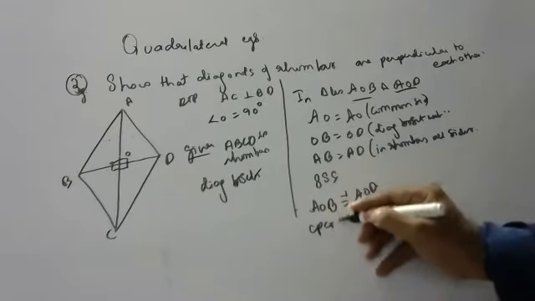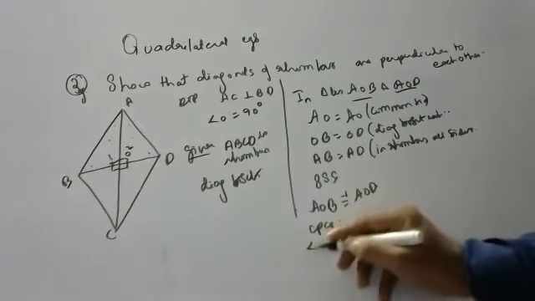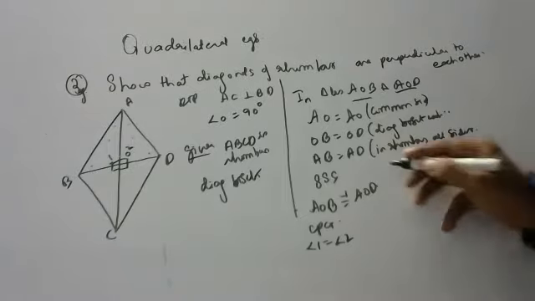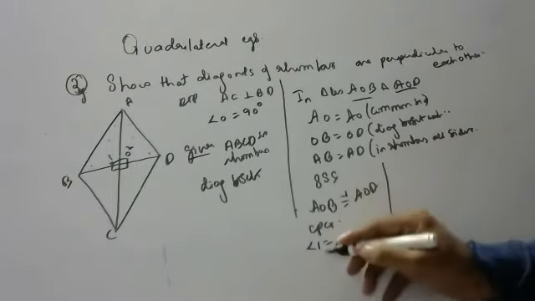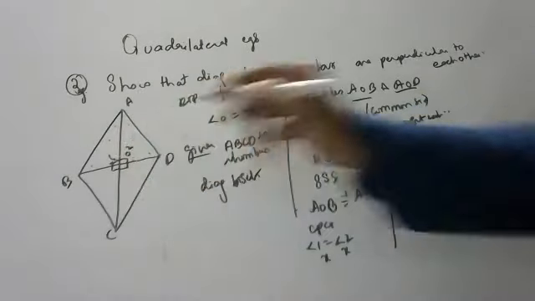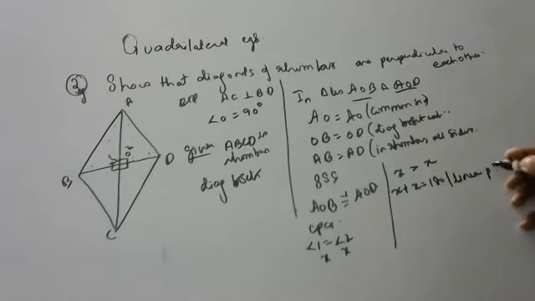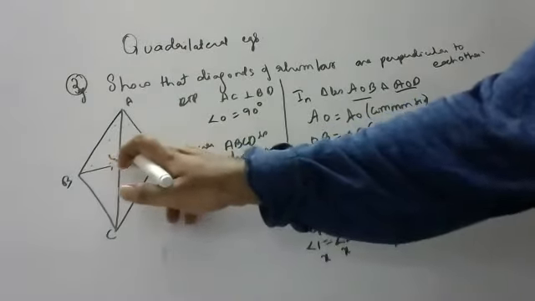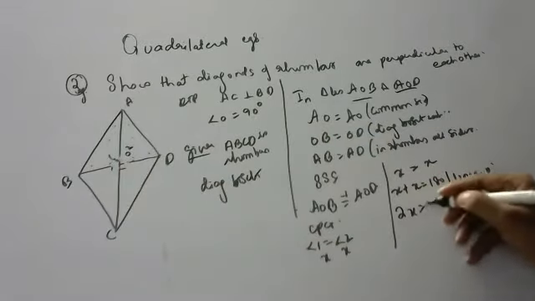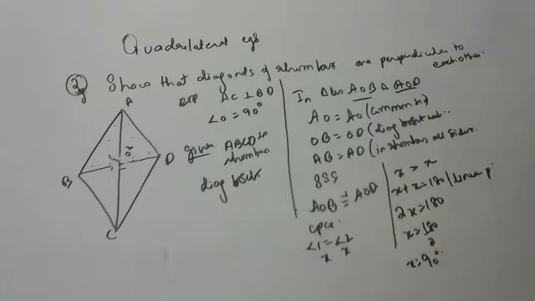By CPCT, we can say angle 1 is equal to angle 2, angle 3 is equal to angle 4, angle 5 is equal to angle 6. Okay, children, now I'm continuing here. If I say both angles are x and x, then x plus x is equal to how much, children? 2x. And x plus x is equal to 180 because of the linear pair. We have to prove 90 degrees, children. They did not give 90 degrees, we have to prove it. So 2x is equal to 180, x is equal to 180 by 2, x is equal to 90 degrees. X is equal to 90 degrees means what, children? AC is perpendicular to BD.